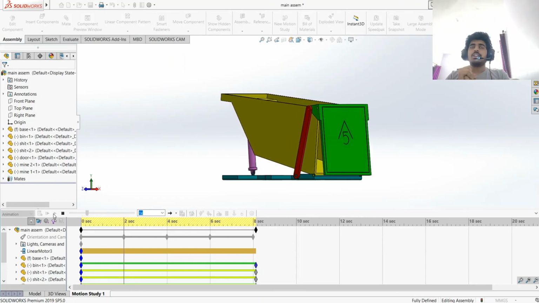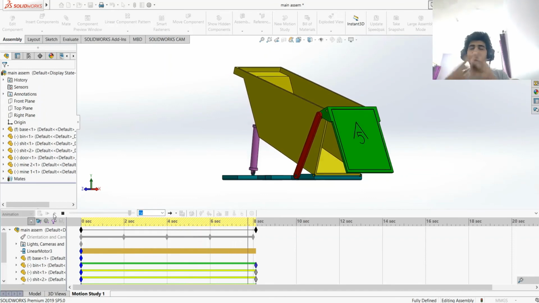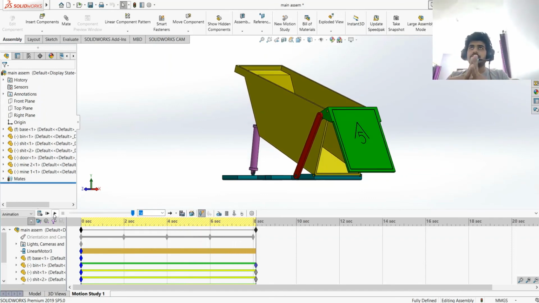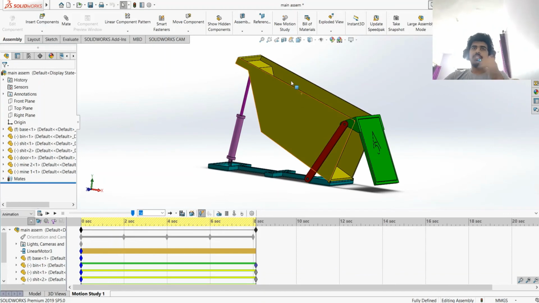In summary, first we reduced our problem to a 4R mechanism, and we did analytical synthesis on it to get each and every length, and after that we wrote a code in MATLAB for the simulation part using all the lengths which we got. If the simulation gives a go, we go to the CAD part, and using all the dimensions which we researched through JCB manuals, the real truck company's manuals, we scaled it to our liking. So this is the CAD model which we prepared. After that we did a motion study on it to see how it moves and if it corresponds to the simulation well.